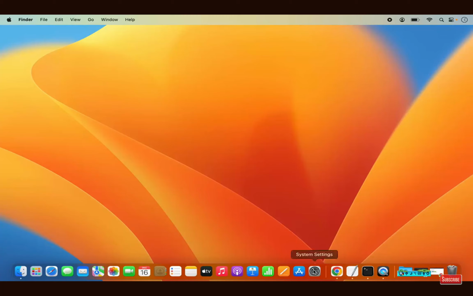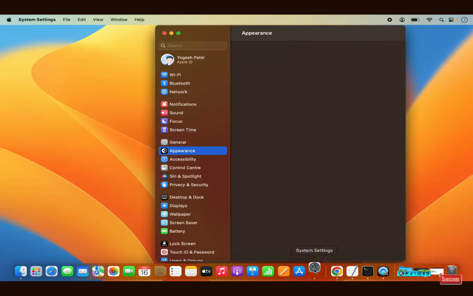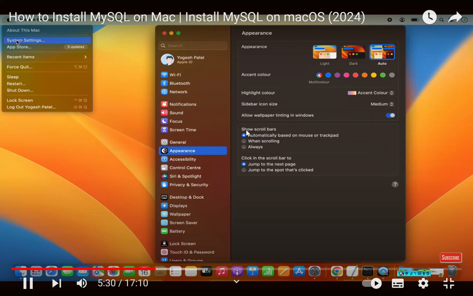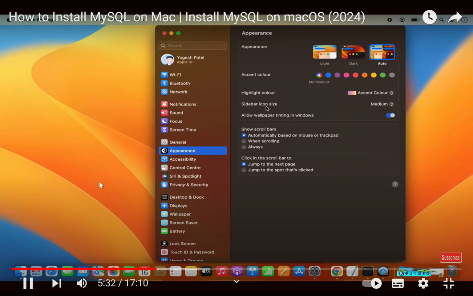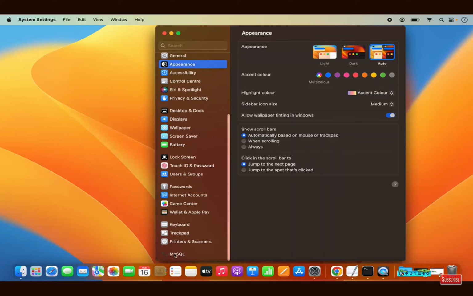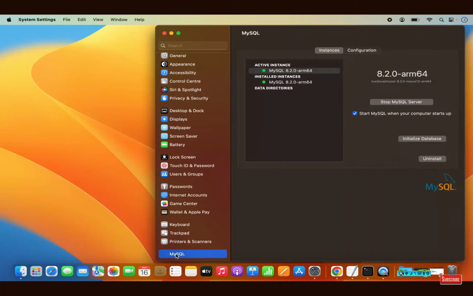To verify this, you can click on the system settings icon on the dock, or you can click on the Apple logo here and then click on system settings, which is also going to open this kind of window. When you scroll at the very bottom here, you will see a new section with the name MySQL, which is created here. So just click on this MySQL section, and here you will be able to see the status of